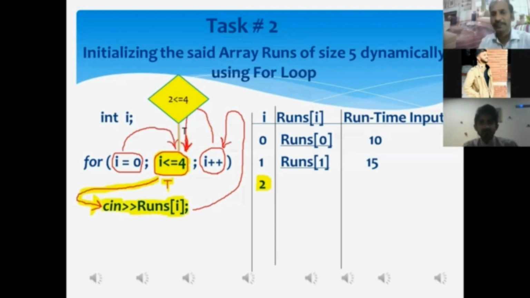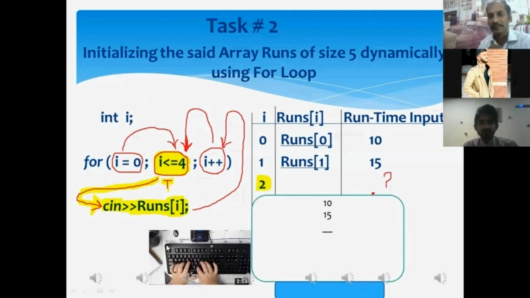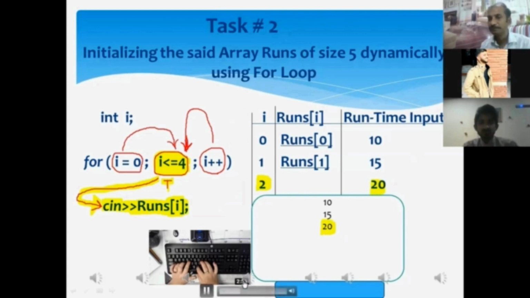Over here, the scanf statement is under execution. What happens over there? If you look at the monitor screen, you can see a cursor is blinking. It means it requires a runtime input there. Okay. I typed over here 20 and I write this 20 in the table as well. All right. After typing the 20, I press the enter key. When I press the enter key, what will happen?